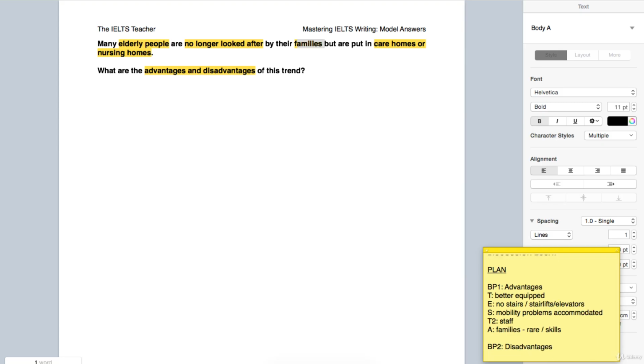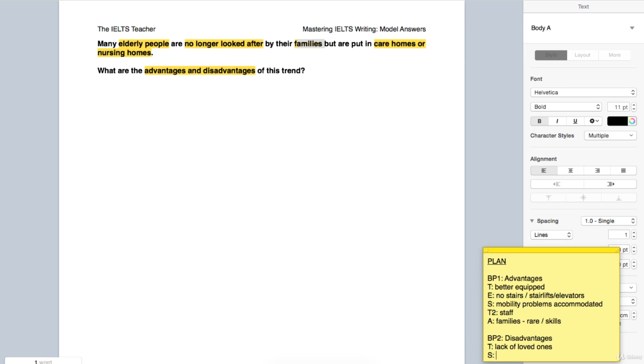Now, last time in the topic sentence, all I said was that there are some problems, that there are some disadvantages. This time I'm actually going to include one of the disadvantages in that topic sentence. And the idea that I have in mind, it's the most obvious one that appears to me, and I might even write that it's obvious a bit later, is that there is a lack of loved ones in the close vicinity. So that's definitely a struggle for people who live in nursing homes and care homes.